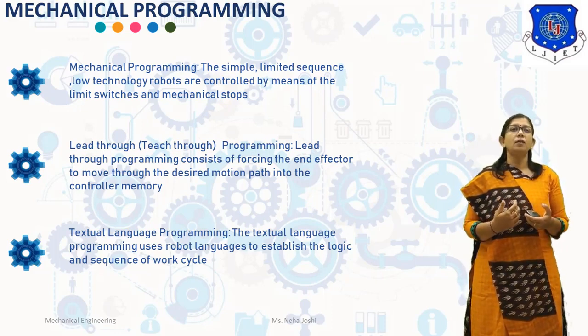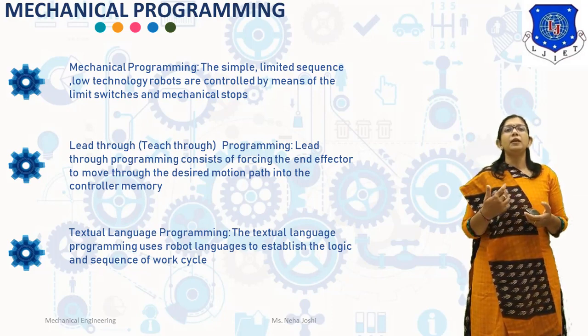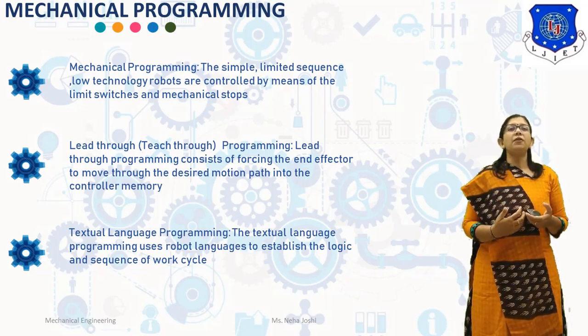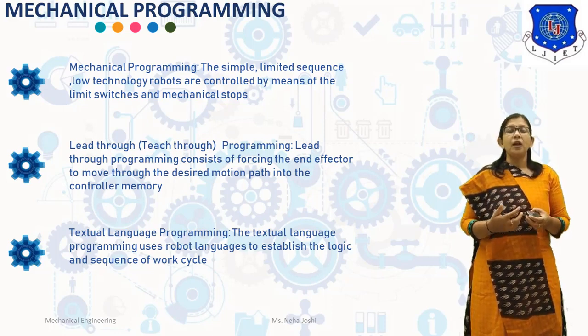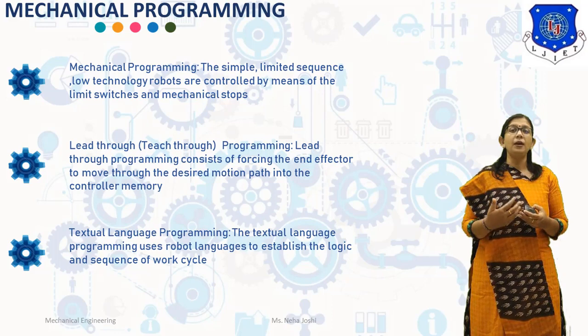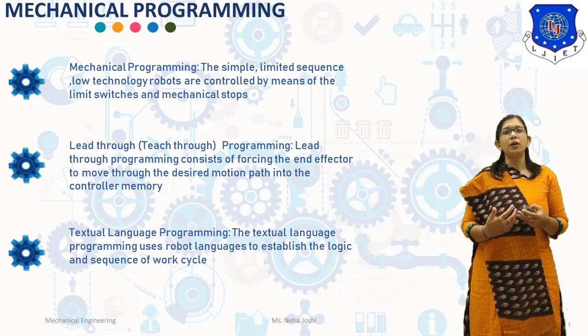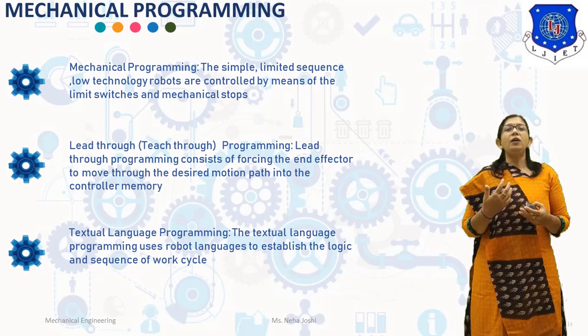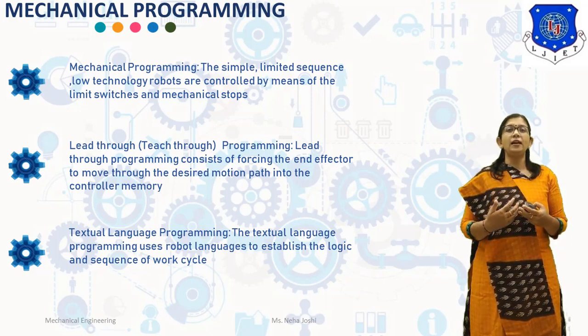Now what is the power lead-through programming method? The power lead-through programming method makes use of a control box or a teach pendant. The control box is equipped with a combination of toggle switches, buttons and dials to control the robot movements. The teach pendant is used for driving the manipulator and the end effector to each of the desired points in the work envelope and recording these points into computer memory for subsequent playing. Power lead-through programming method is used in point-to-point robots such as machine loading and unloading robots, material handling robots and